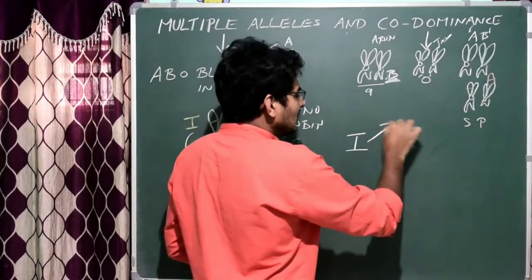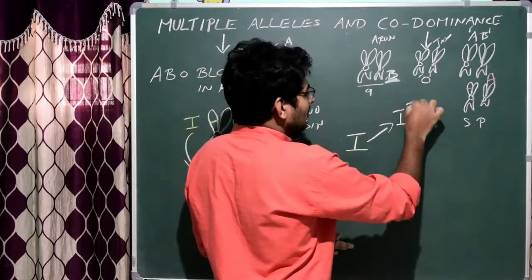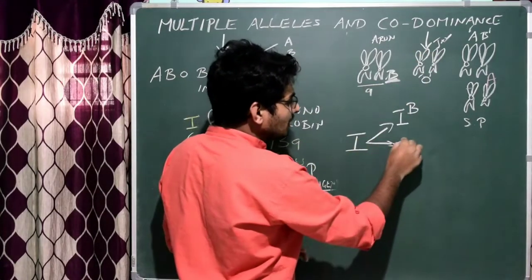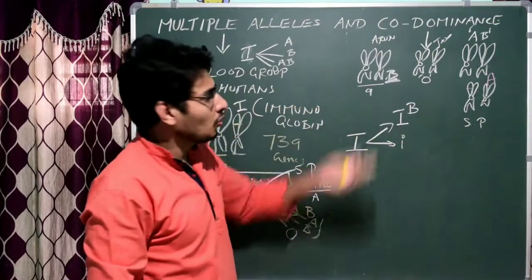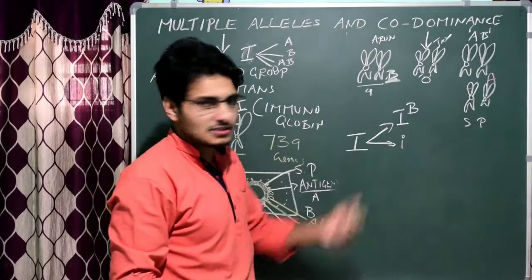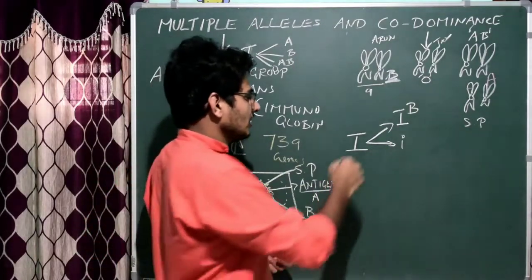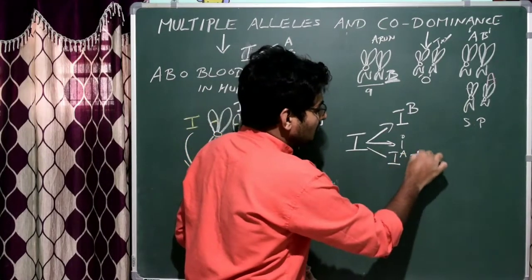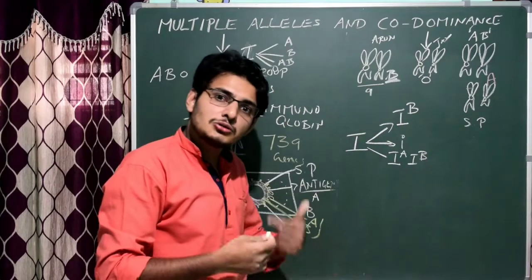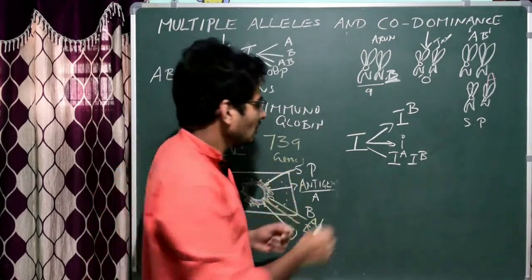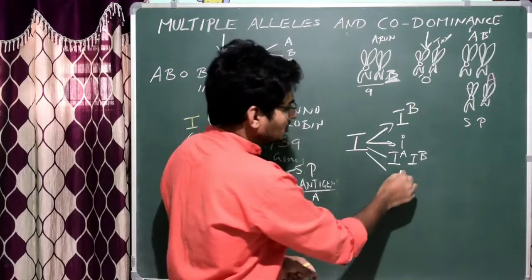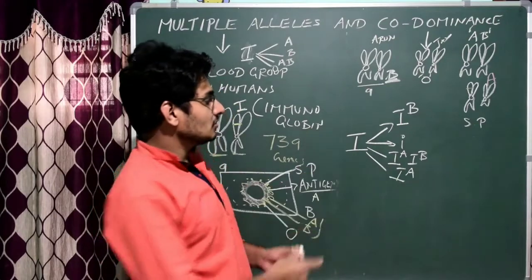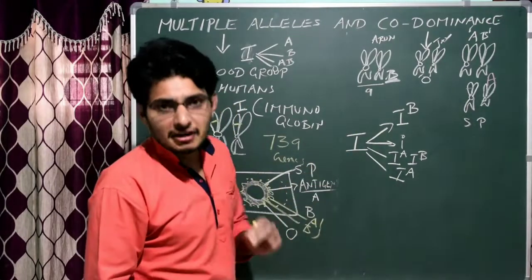In me, this gene could be capital I, capital B, or in Jayalakshmi it could be small i, because O means no antigen is produced, so it is recessive, and we just denote it as small i. Whereas in the case of Amitabh Bachchan, it is this type of genotype: both A and B antigens are there. In some cases, like Samarth Pujari's, it is always capital IA. So this particular gene occurs in three different forms, allelic forms.